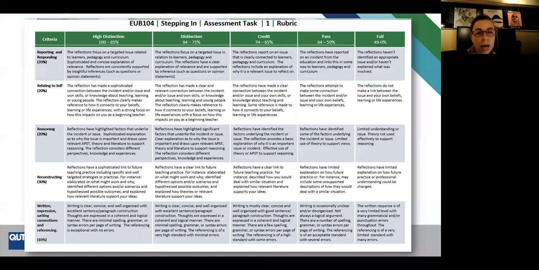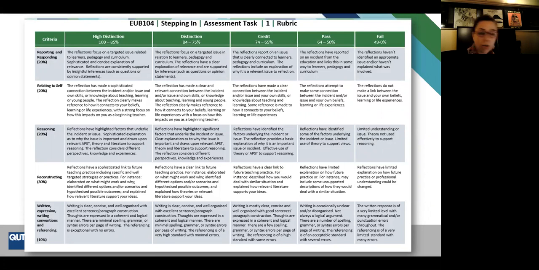So this is where there is a focus on future practice. Depending on where you are with your word count, you may want to spend a little bit more, use a few more words there. But of course, if you're clear and concise, you may not need to do that. It's up to you. And then the final 10% is around your writing, so referencing, punctuation, paragraphing, your word choice, your organisation of ideas.